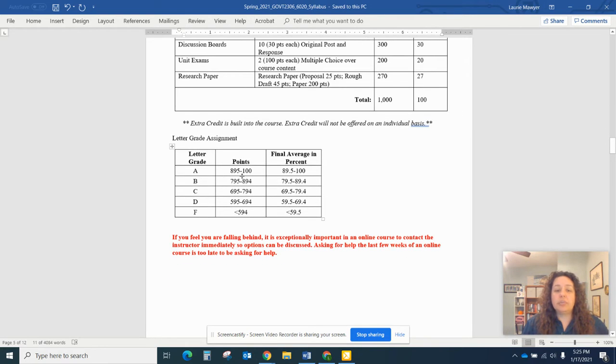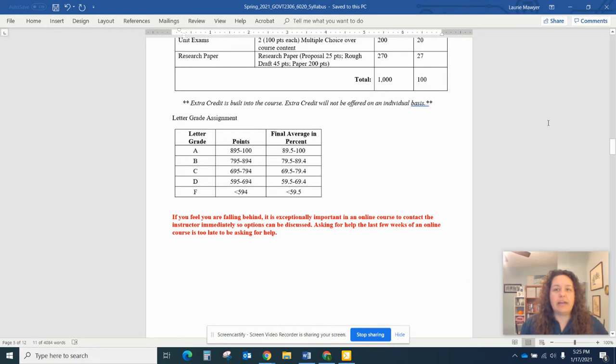Here's your grade distribution. I do round up, because I can't imagine getting 895 points and getting a B in a class that's 5 points away. It's psychotically crazy. My daughter, my high school student, just got an 89.63 in chemistry, and they did not round it up. So she got a B for the course. Just saying, that stings. I get it.